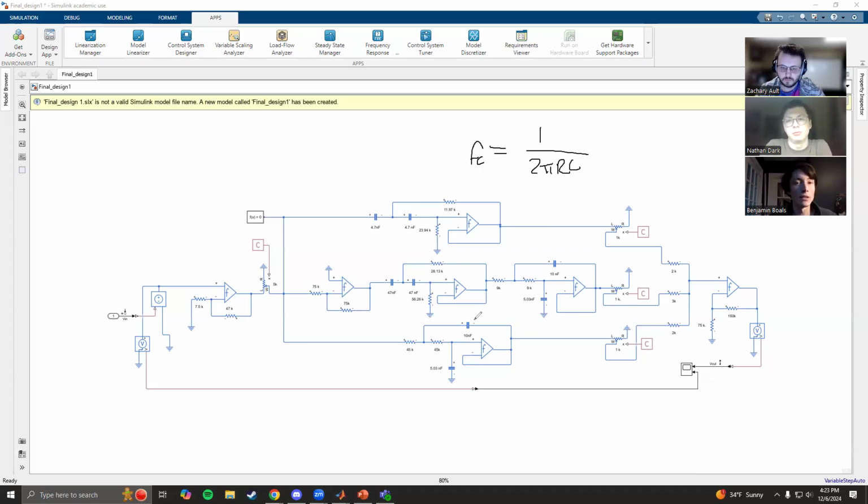cascaded together, but the cutoff frequencies are the opposite. The high pass has a cutoff frequency of 2000. Well, it's actually more around 2500. The low pass has a cutoff frequency around 86. And the reason we did those values a little bit differently is because we found that when working with the simulation,